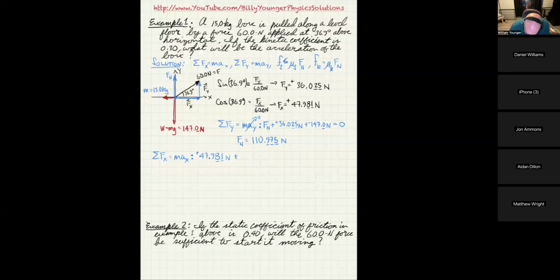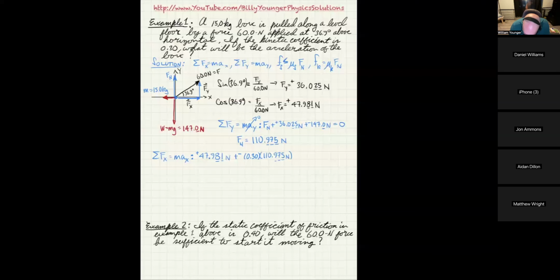And then we're going to add to it any other forces, which in this case is mu kinetic times the normal force. So again, I'm pointing to this formula right here where mu k is 0.3 and the normal force is this guy. And notice it's in the negative direction, so I'm going to put a negative sign there. Again, I'm forcing that because it's pointing in the negative direction. But in this case, I'm going to say 0.30 because that's the kinetic coefficient of friction times the normal force, which is 110.975